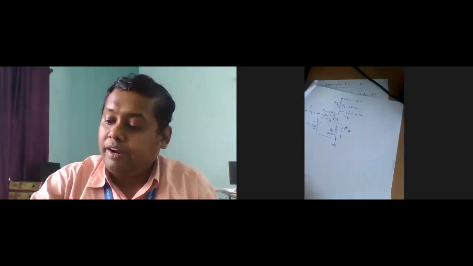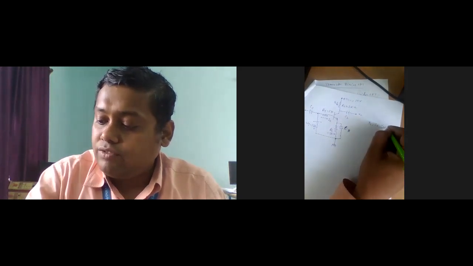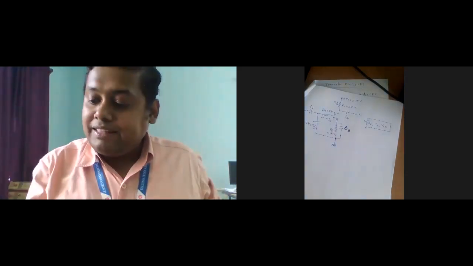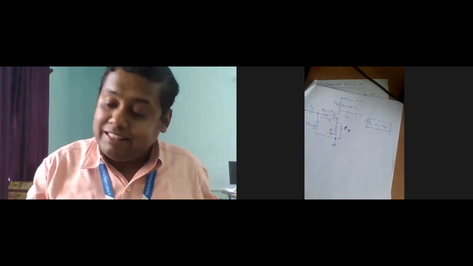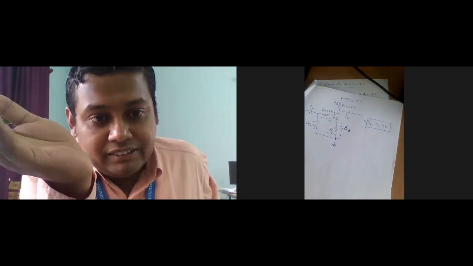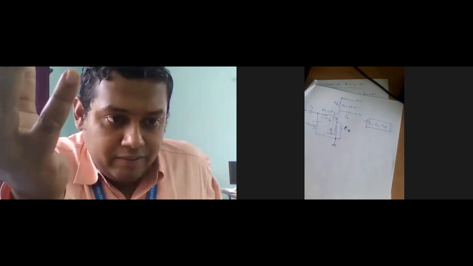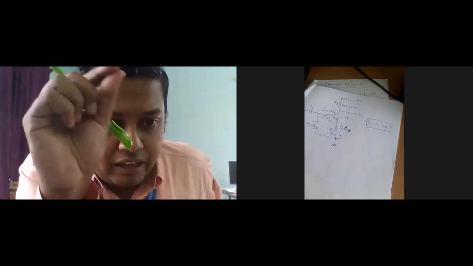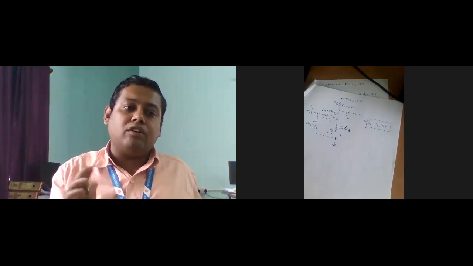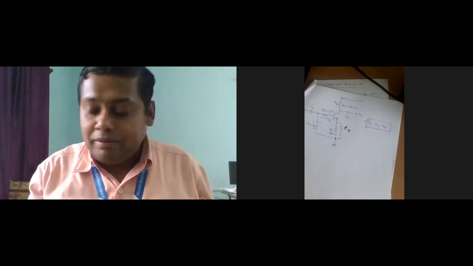So what is the question? Determine the operating point. In the operating point, the values are IC, IB, VCE. They want to know these values for the common emitter configuration. Always remember this is the common emitter configuration, so we just focus on IC, IB, VCE. If the configuration is a different type, like common base, then the operating point is different. Here we focus on the common emitter configuration.